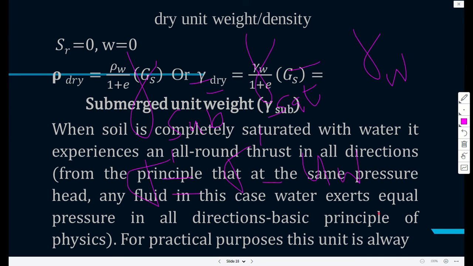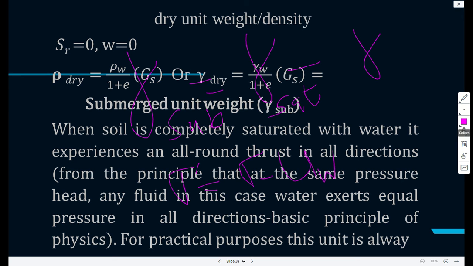Now what happens in quicksand condition is that, sorry, no, this is not right. The expression is not right. Effective stress is total stress minus pore water pressure, so what happens when